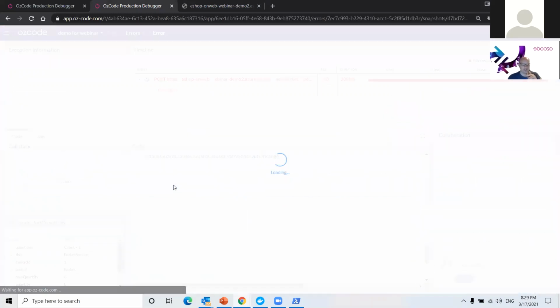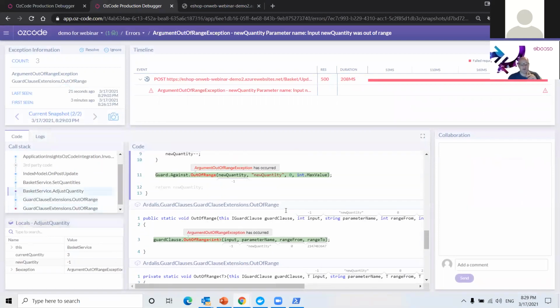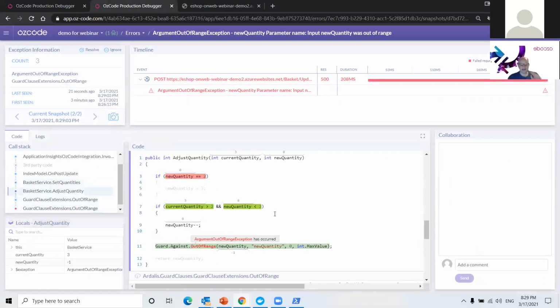And then when we go in and look at it, it becomes a lot more colorful. And if you're familiar with the OzCode Visual Studio extension, you'll recognize some of this UI, right? We see that every expression that was false is painted in red, like this if statement returned false, so it was painted in red. And then the actual content of the if statement, the actual branch, is de-emphasized for me because we didn't actually execute it. And then every expression that is true is highlighted in green.